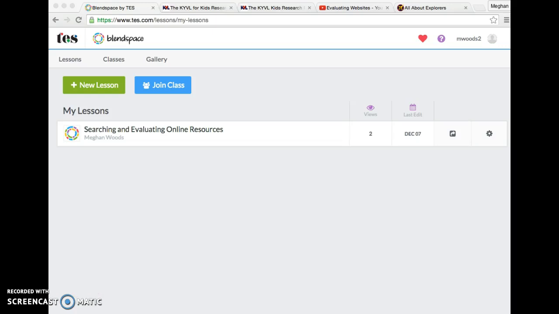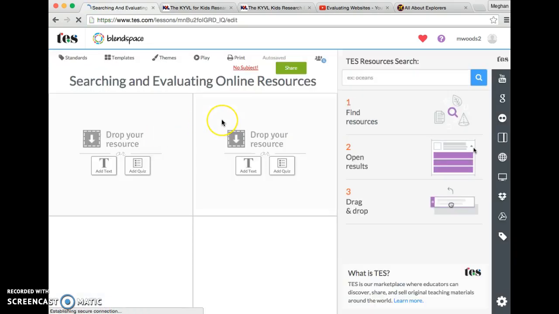We're going to be talking about an online application called Blendspace, which is a tool that teachers and students can use to create lessons that showcase a broad range of technology resources and is interactive for students as well. So I already started a lesson myself, so we're going to click on the lesson, and then